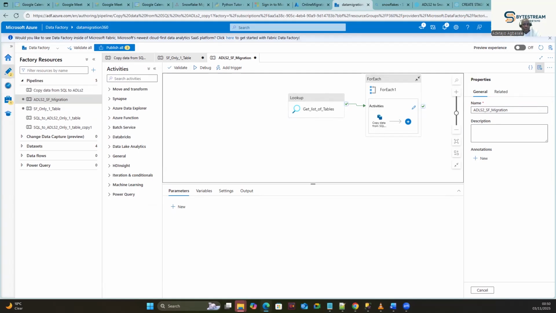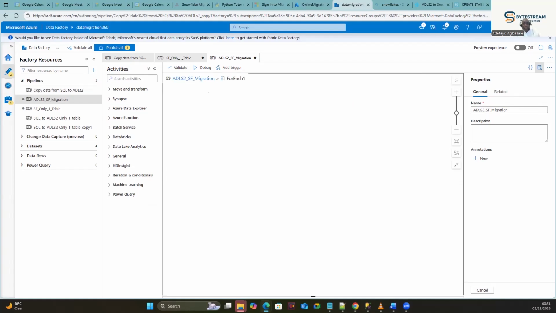It will do a lookup into MS SQL, get all our tables, and then it will be able to supply all the tables that we need. So we are using the for each activity, but instead of using the copy data, we are going to delete that. Okay, so now that we've deleted the copy activity,